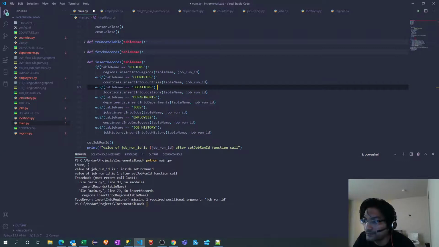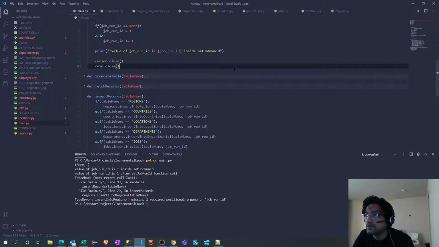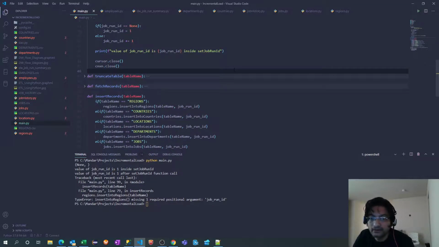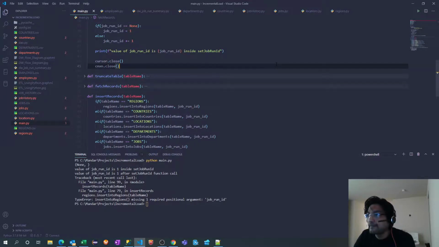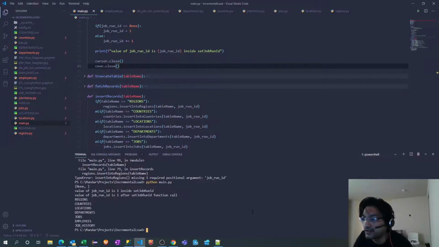What am I missing? Missing one required positional argument, but I am passing it. Maybe I have not saved it. Let's run it again. Yes, I hadn't saved it, so now it's working.